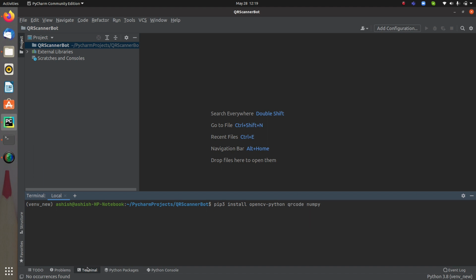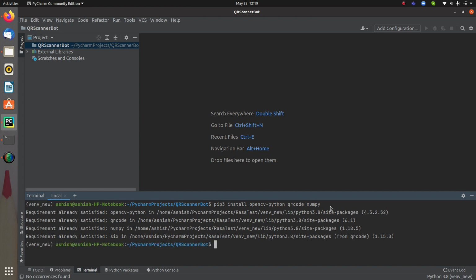It's up to you whether you want to install it or not, because for the Rasa chatbot we have all the dependencies, and with those dependencies NumPy will already be installed. So if you want to install it, you can, otherwise you can leave it. So now you have to install these three packages: OpenCV, qrcode and NumPy. We will be using them, and accordingly we will be able to further create the QR code. So let me just install it first of all.